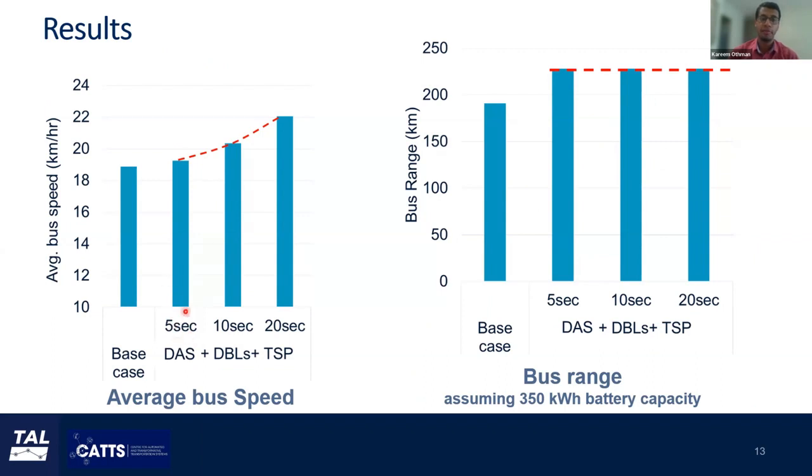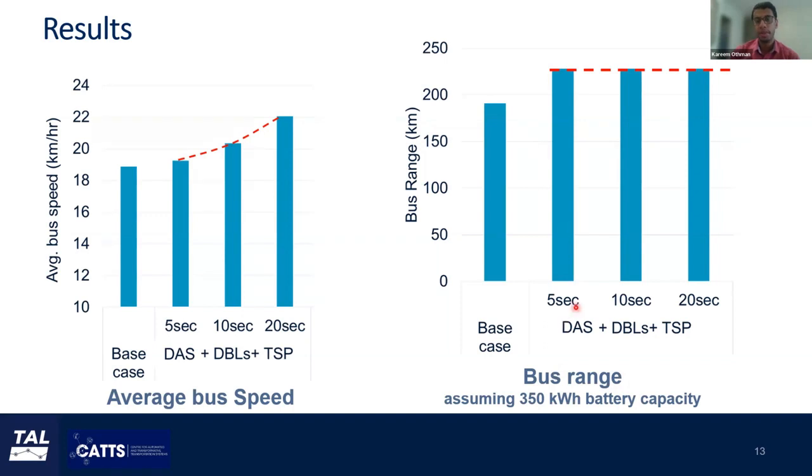We assume 5 seconds red truncation, 10 seconds, and 20 seconds red truncation. And we will see that here we have some improvement in the average bus speeds. And when we compare the bus range, or in other words, we can say the energy consumption, we will see